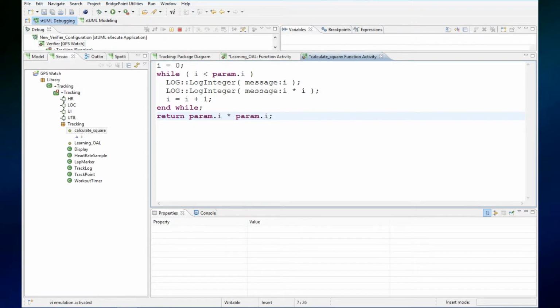The way that we access our parameters is you say param dot and then the name of the parameter, so that allows functions to have multiple parameters. So we'll save that file,